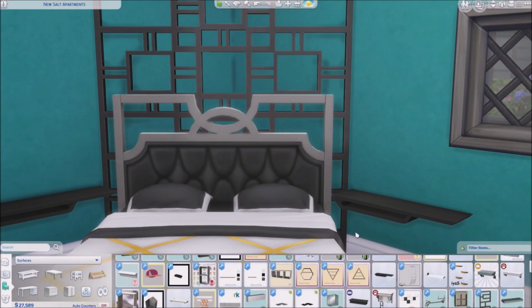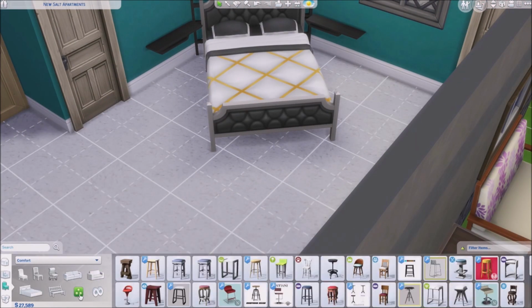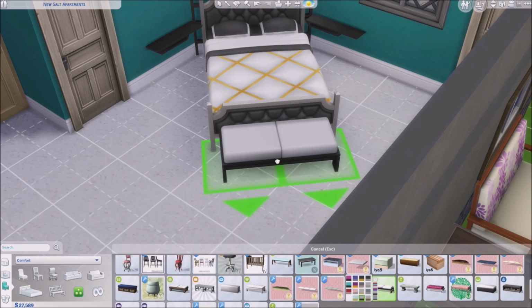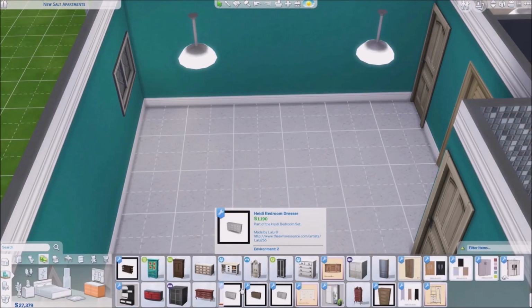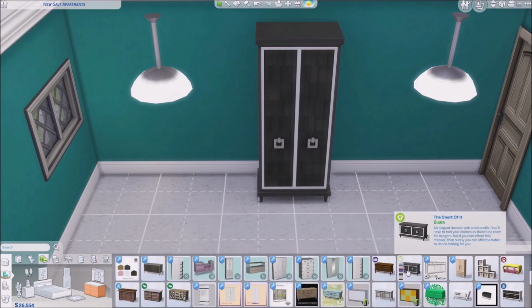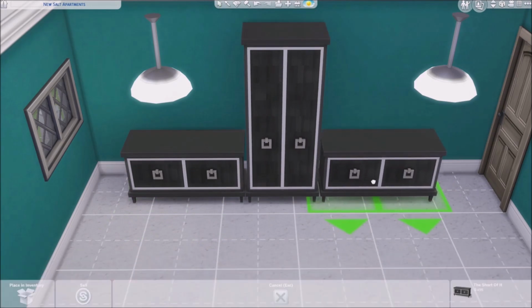But so she's got a fancy bed. She's got it set up a little bit more fancier, trying to look all nice. I gave her a few, like, they all have closets. All the big bedrooms have a closet attached to them. But I also gave her some more dressers because, again, I'd imagine she'd be the type that has, like, a